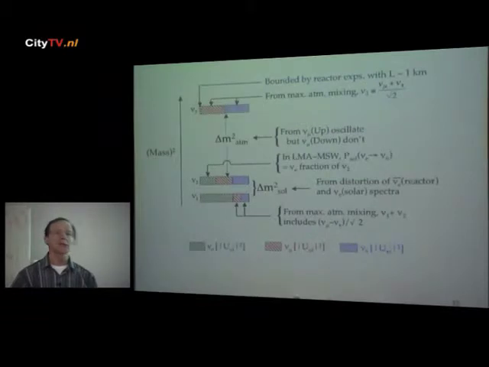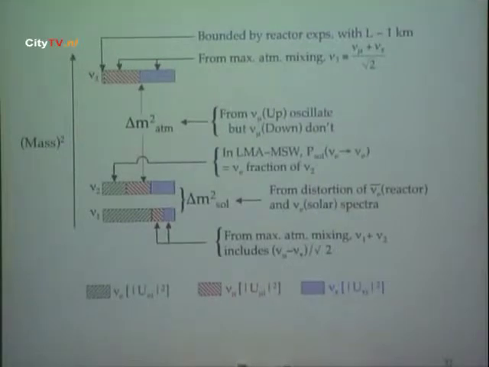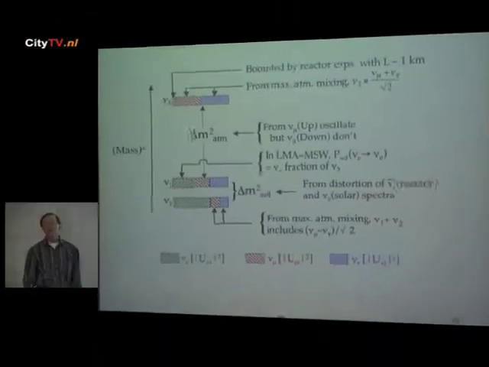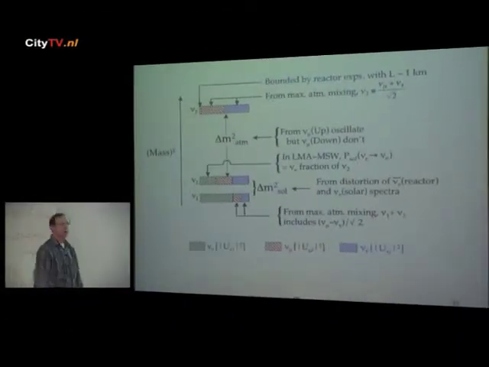Now, those neutrinos are electron neutrinos because reactors involve nuclear reactions which involve electrons or positrons. They happen to be nu-E bars, not nu-E's, but that's irrelevant. They're electron neutrinos. These experiments do not see any disappearance at 1 kilometer,